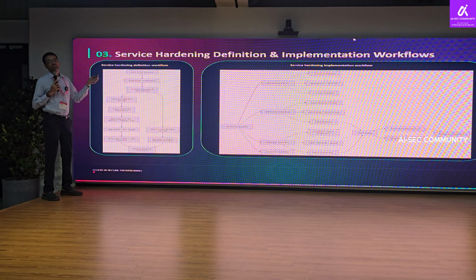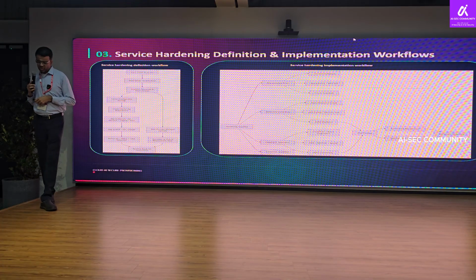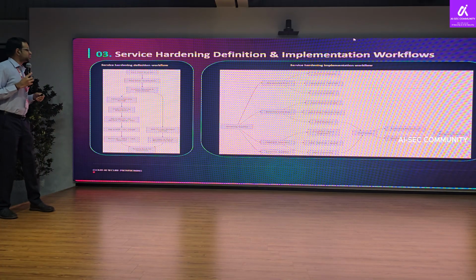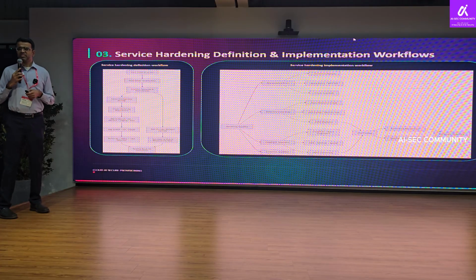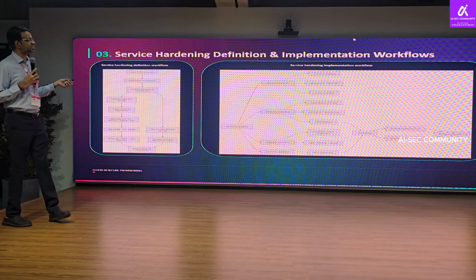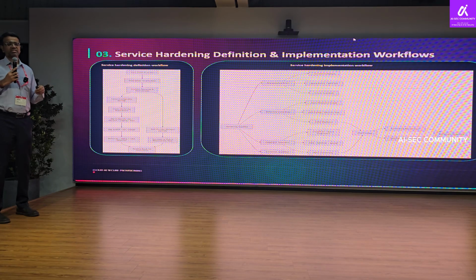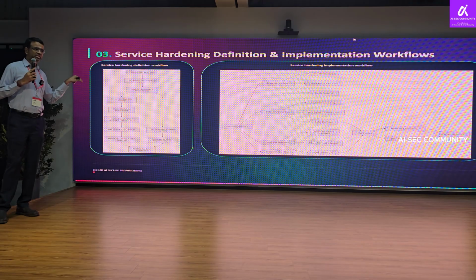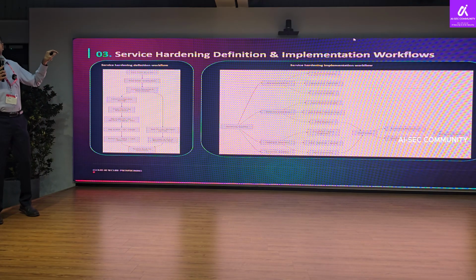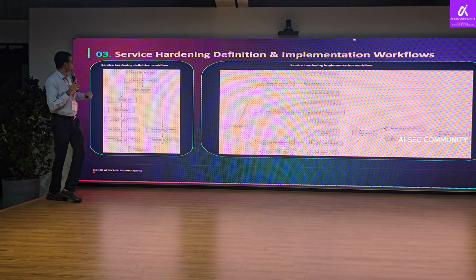So understand your sources of truth, which I mentioned, and once you know your sources of truth, analyze what the supported ways to harden are, what kind of configurations these services are exposed to, and what the right settings for them are. Translate them into actual measurable parameters and categorize them into the 4 pillars that I showed you. So that would define how you are doing your definition of hardening.